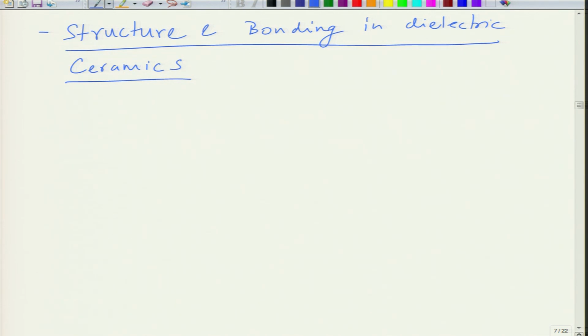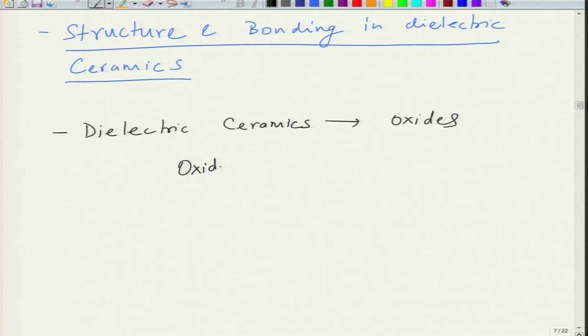Now, essentially dielectric ceramics are mostly oxides. Oxides are generally a mixture of cations and anions,